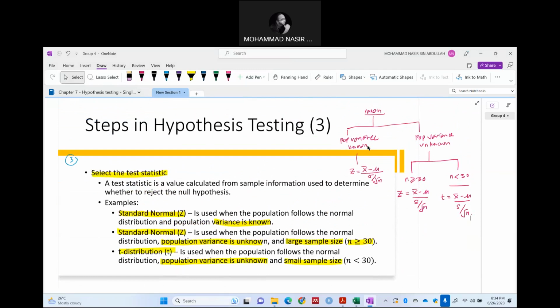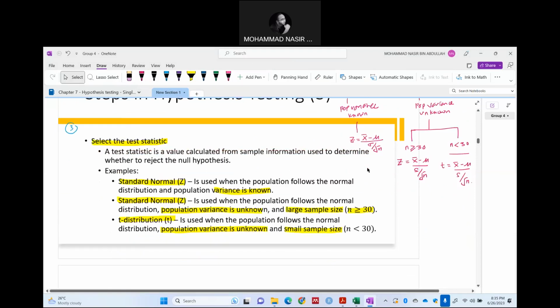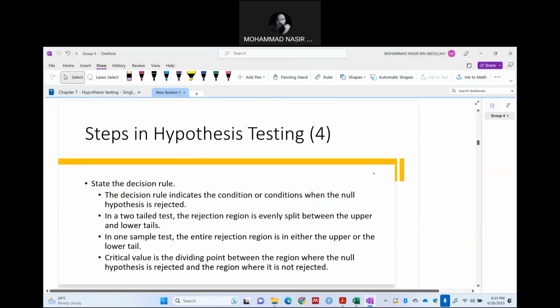Step number 3, we select the test statistic. To select the test statistic, we look into these 3 conditions for testing the mean. Later we will look into testing the proportion, and variance we are not going to look into in this subject. Step number 4, we will state the decision rule,